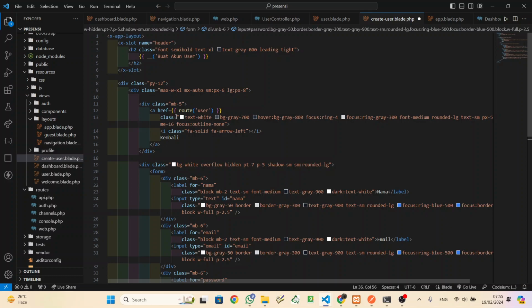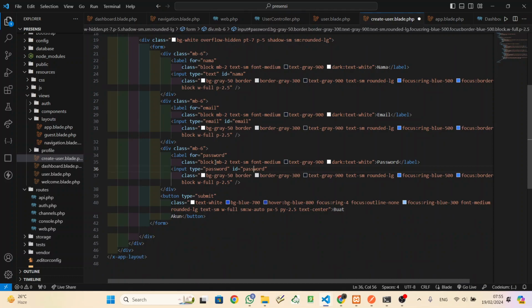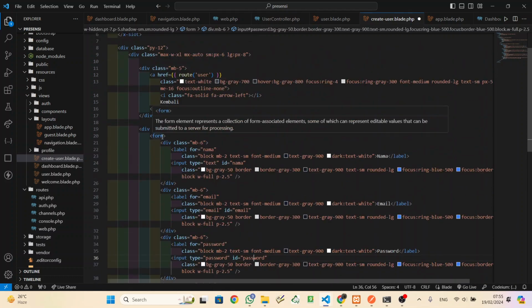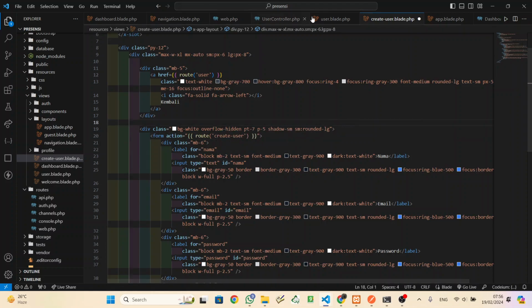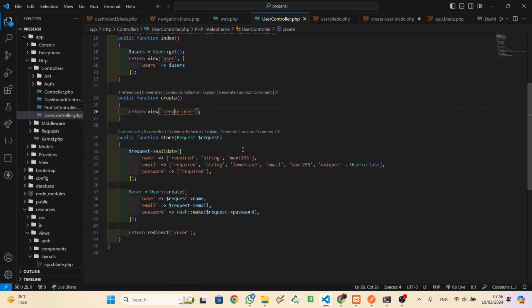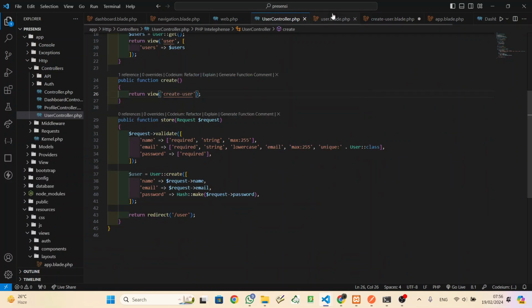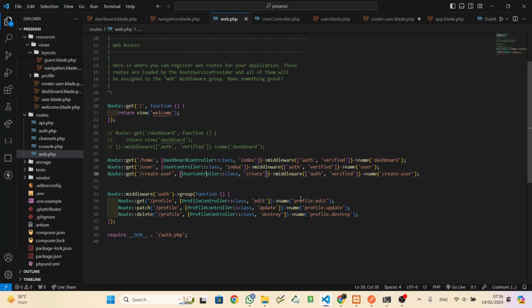that will run. Oh no, I forgot to put this thing. So action, action create user, like this. UserController, no. So we have to add new here.